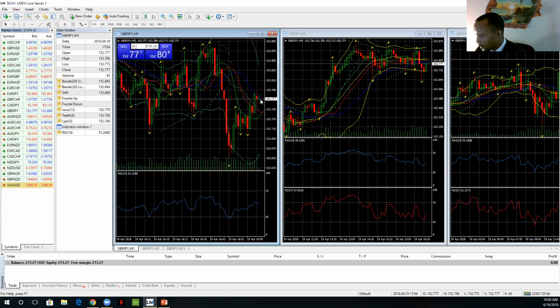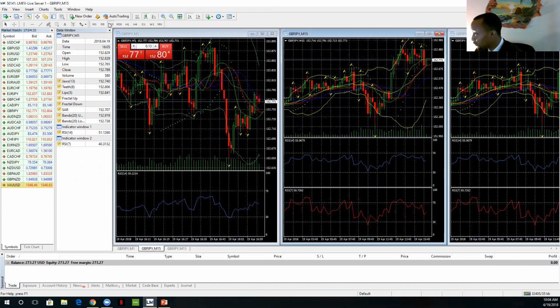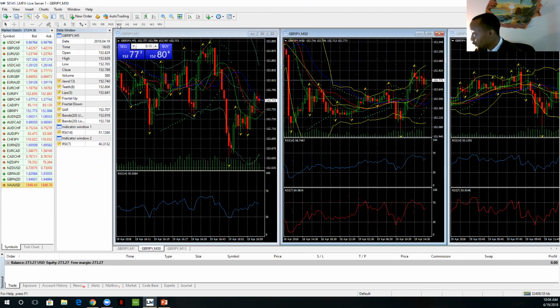If this price went up from 152.77 all the way up to 153.07, that would be a 30 pip increase. And that's a little bit off the chart here because I'm on the 1 minute chart. But if you come over here, you can see, let me put this on the 15. Put it on the M30. There we go. All right, so if it went from here to about here, where my mouse cursor is, or where you see this triangle, that would be $30 for me